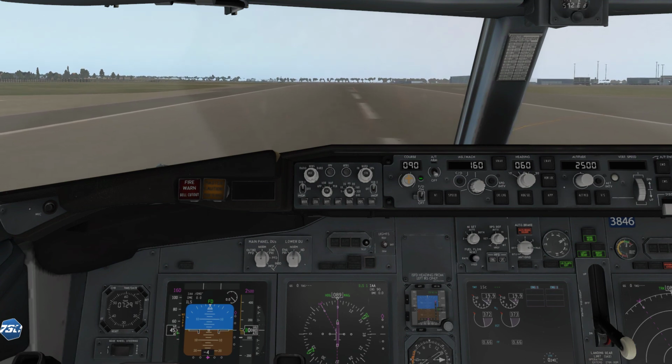We'll be taxiing for the next few minutes, so please remain seated with your seatbelt fastened and all